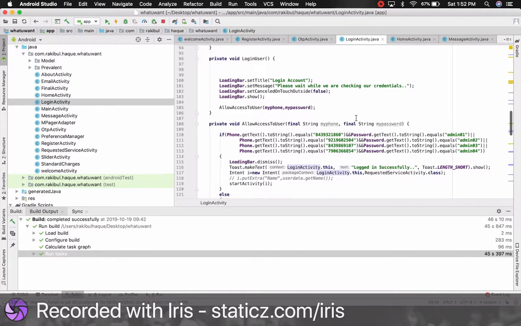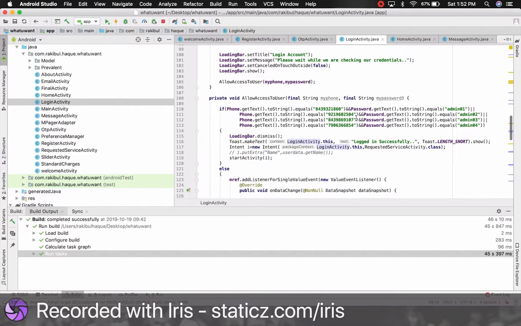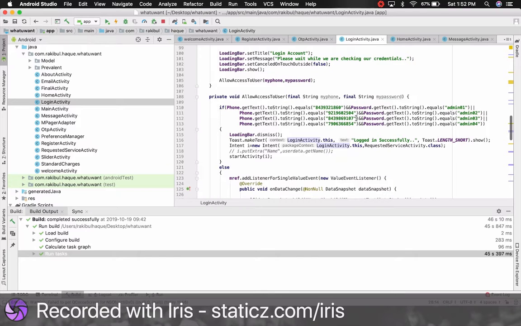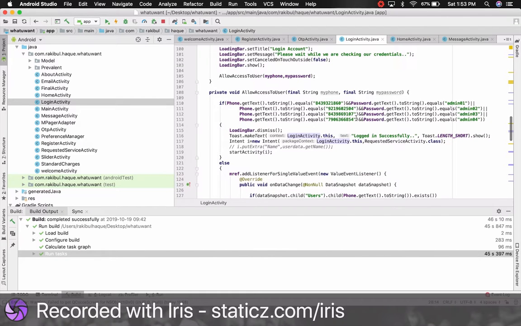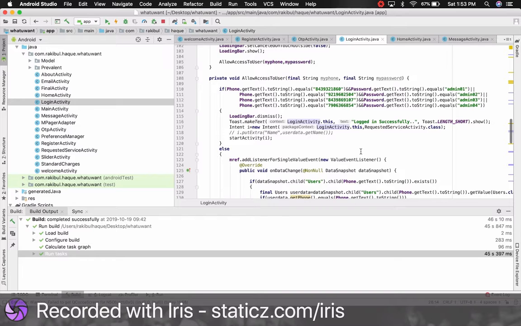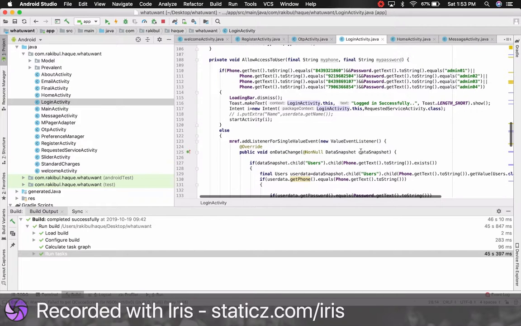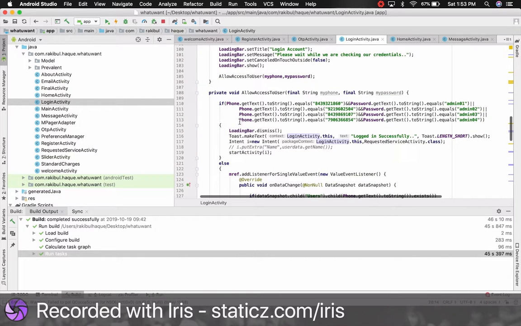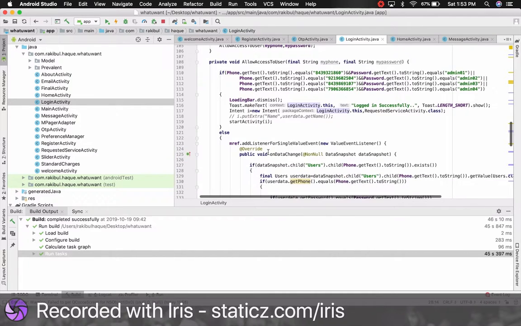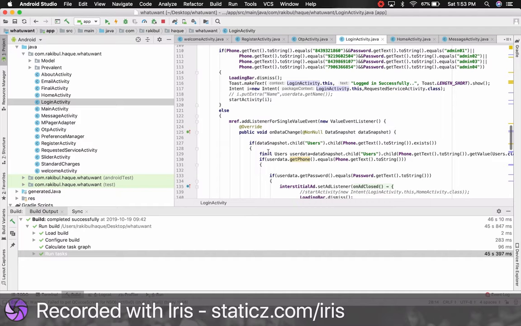Now from 108 to 183, this part checks whether the admin credentials are correct or not. Basically these are predefined admin credentials I have defined before in order to give the admin rights. Now let's go to 110. Over here you can see we check the credentials for admin login. Now let's go to 123. Over here we check the credentials for the user.